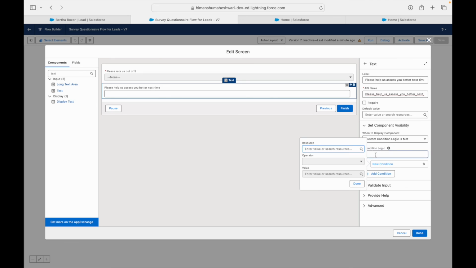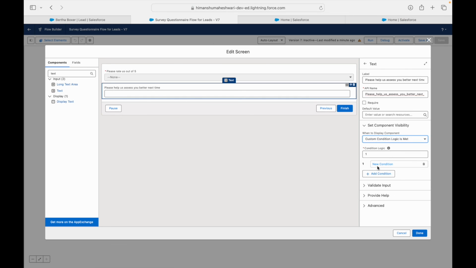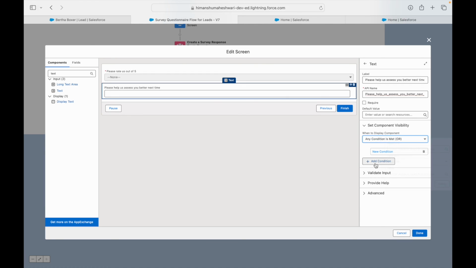What is a custom condition? I can either say that all conditions are met, or I can say any conditions are met, or I can say custom conditions are met. Custom condition gives you an option to configure your filter criteria, 1 or 2 and 3 and 4 or 5 and all of that stuff, right? But the first two are just all or any, which means and or, right? So in my case, if they choose to put 1 or 2 as the value, I want them to see this field, correct? So I can say any conditions are met, and I can simply say that the conditions